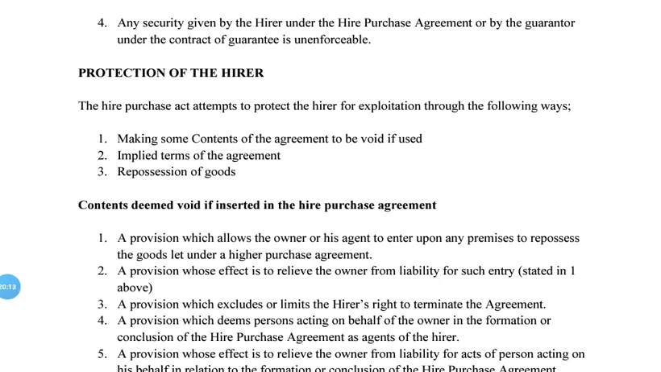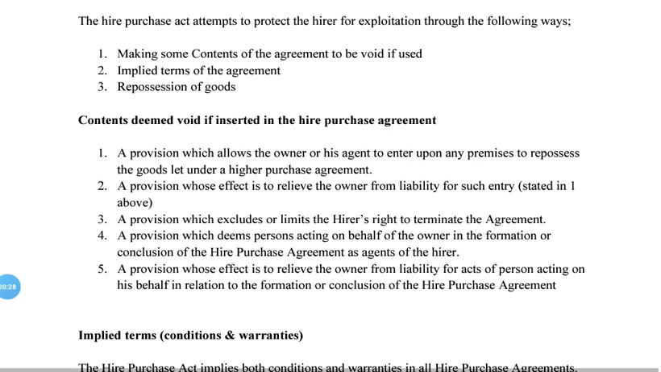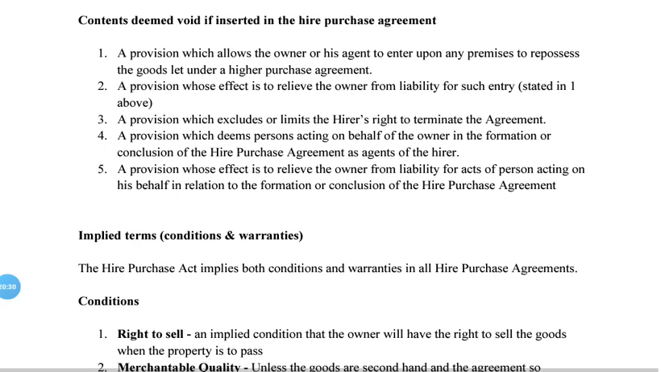So contents deemed to be void if inserted in the hire purchase agreement. So remember, void, we say that it means that it is declared null and void, and therefore the contract has